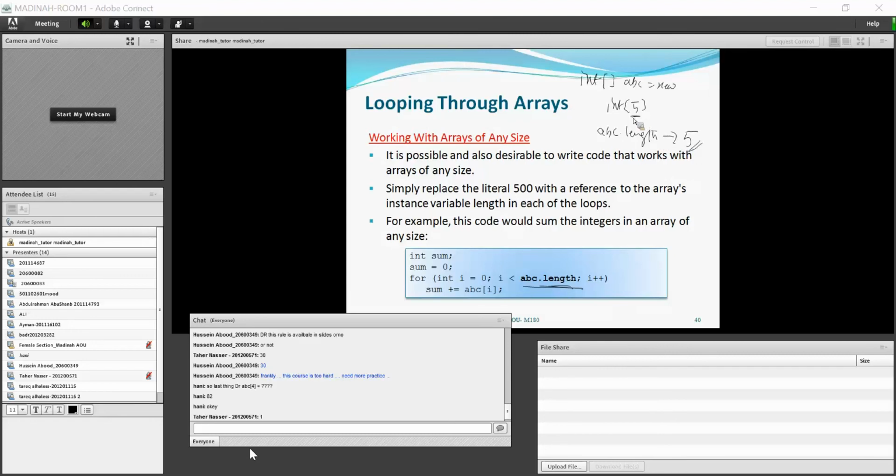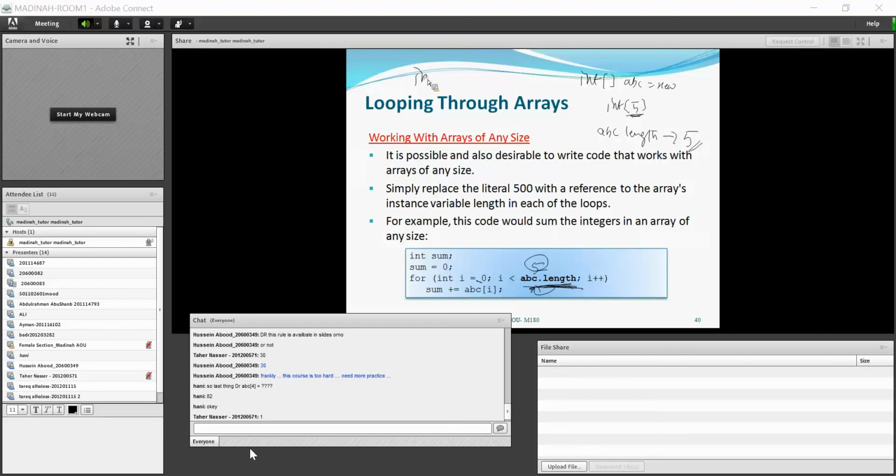So here int i is equal to 0, i less than 5, i plus plus. This loop will be repeated 5 times, from i equal to 0 to 4. So abc.length, this length variable, will give you the size of the array which you declared.